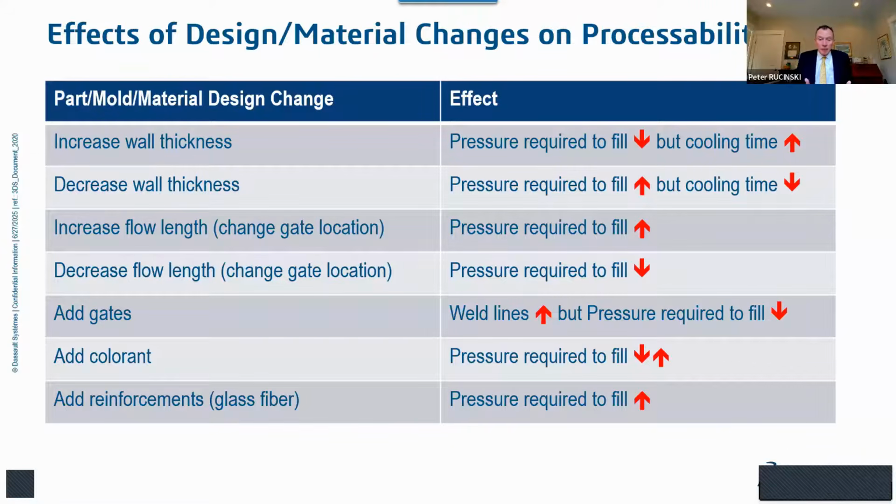my plastic material, you see pressure required to fill could go down, could go up. We actually don't always know. This is because sometimes when you add a colorant to a plastic material, that colorant may decrease the viscosity of the melted plastic. Remember that term, viscosity. So I could add a colorant to my plastic material, which decreases the viscosity. That would, all things being equal, require lower pressure to fill.